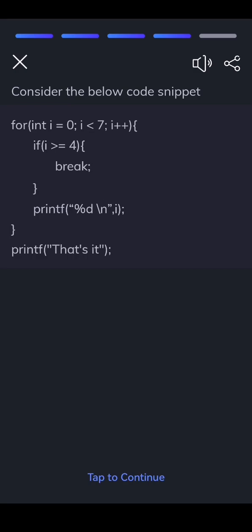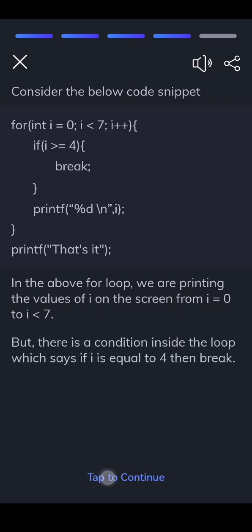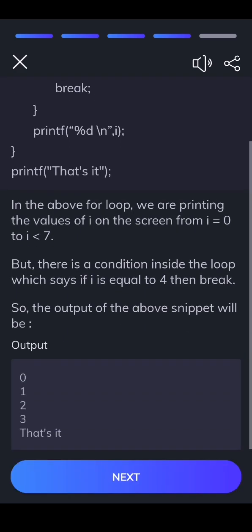Consider the below code snippet. In the above for loop, we are printing the values of i on the screen from i equals 0 to i less than 7. But there is a condition inside the loop which says if i is equal to 4 then break. So, the output of the above snippet will be